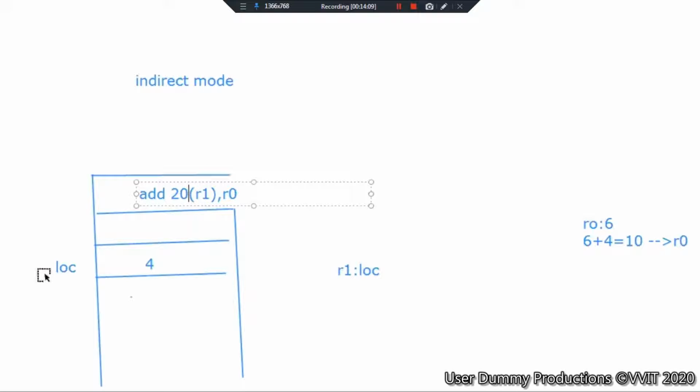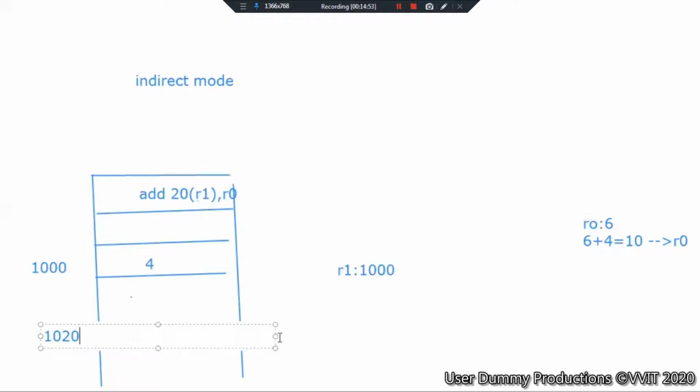Suppose the location is 1000. This is only an address; usually it will be in hexadecimal, but I'll put 1000. What is the offset we have mentioned? 20. So 1000 plus 20 is 1020.